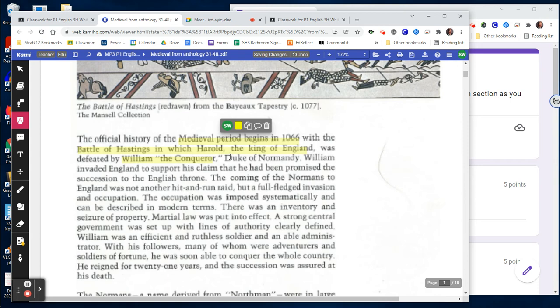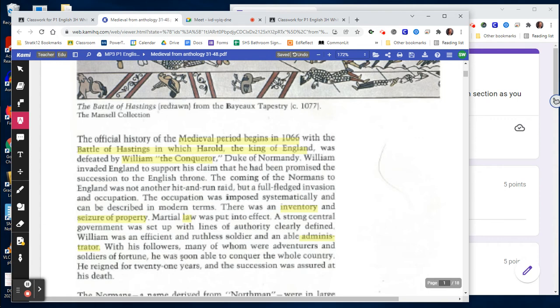So the English guy gets defeated by William the Conqueror, who's the Duke of Normandy, which is now in France. So the French guy comes over, defeats the English guy, takes over, and he stays. He takes an inventory, he seizes all property, he imposes law, okay, and he rules with a new administration,